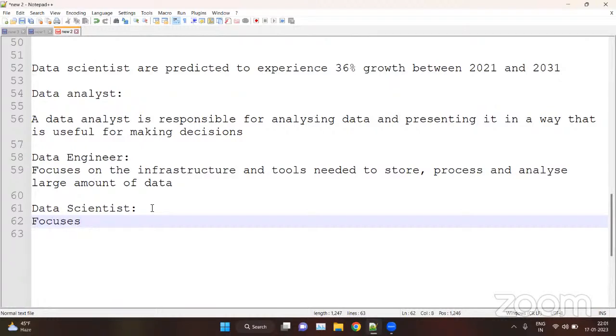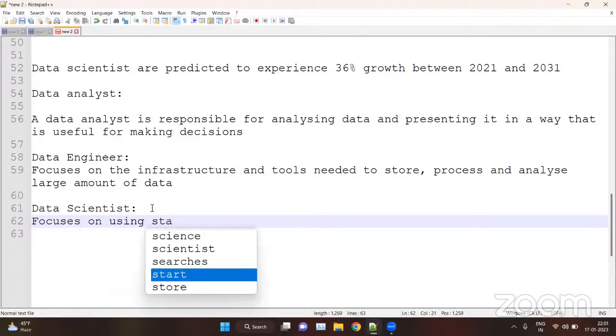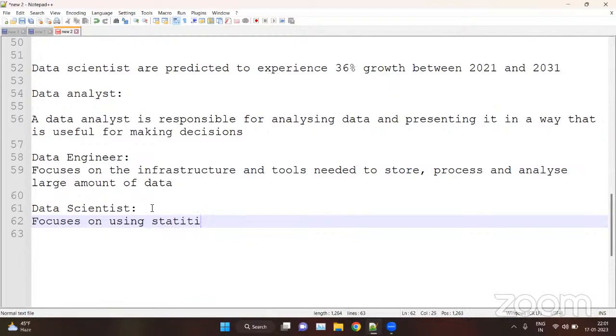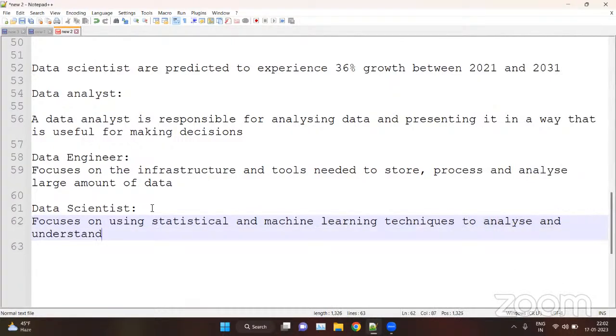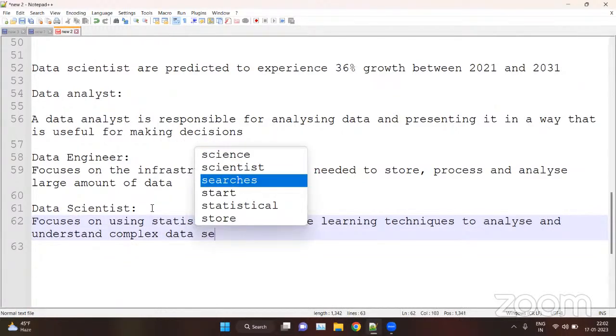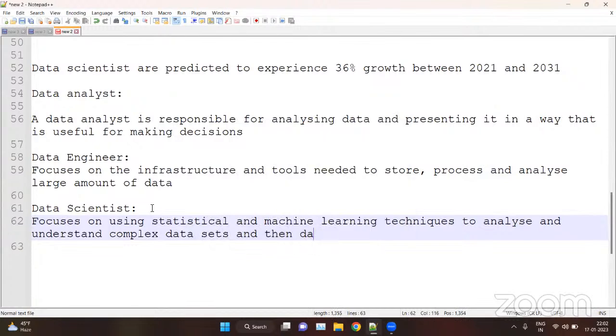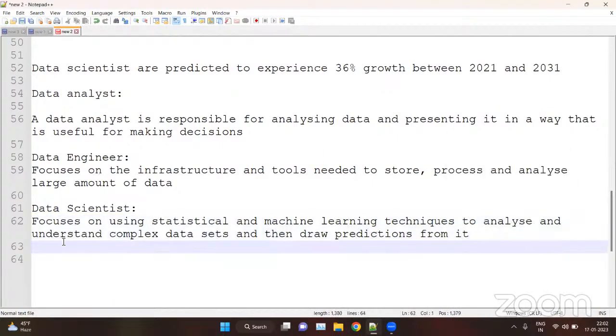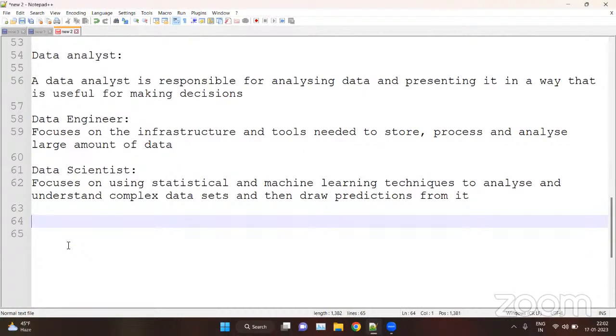So they mainly focus on using statistical and machine learning techniques.